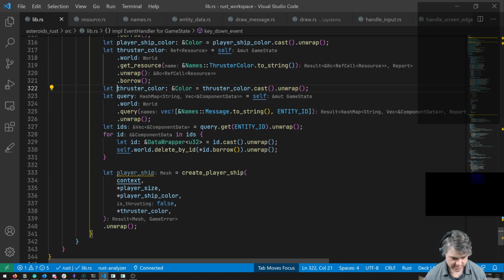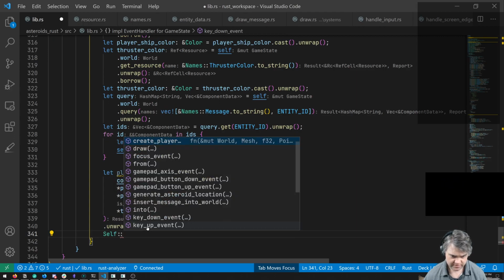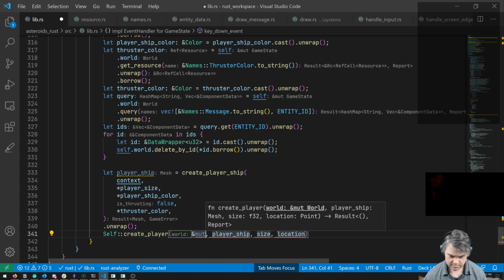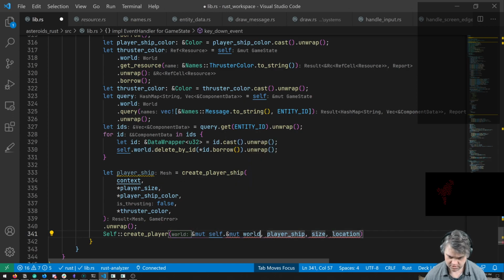Okay, so now we create the player ship, and now we want to run self, create player, mutable self.world. We have the player ship. We have the player size. That's player size. And then the location.